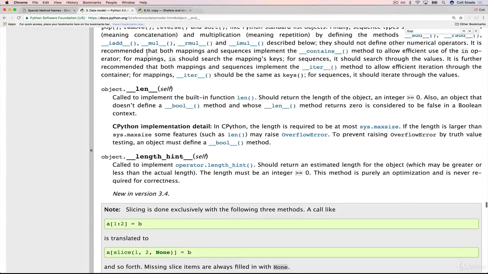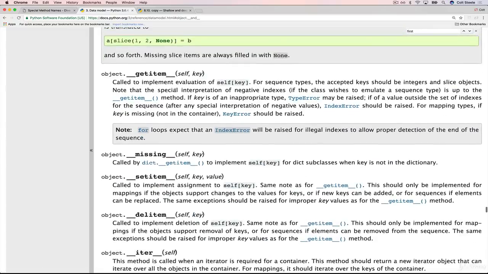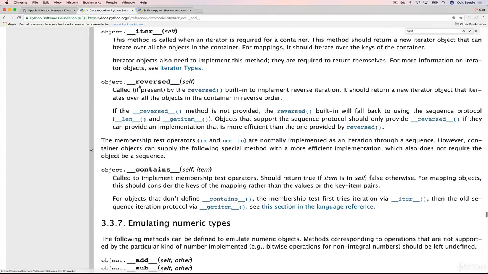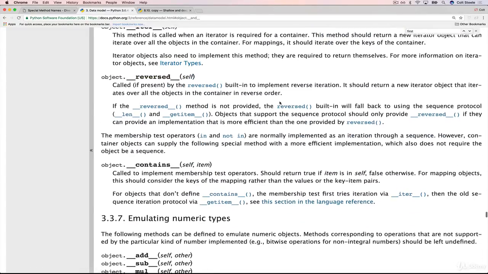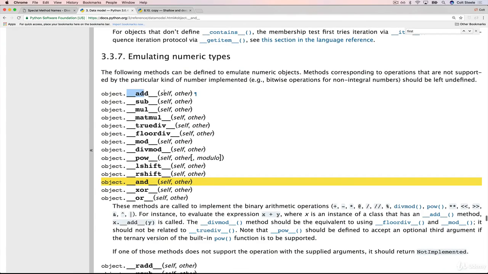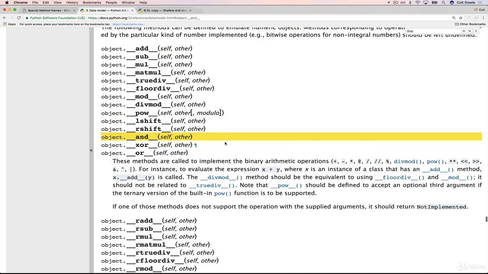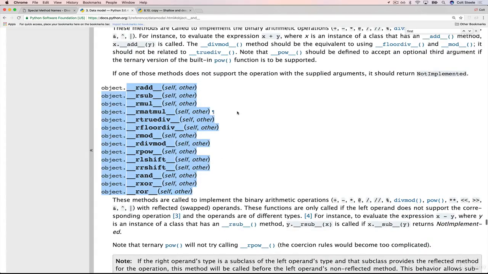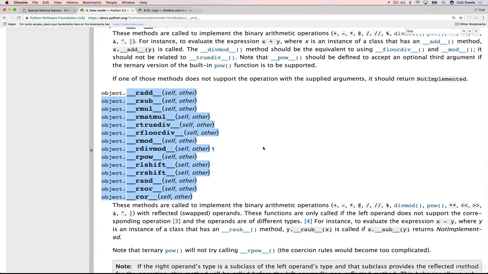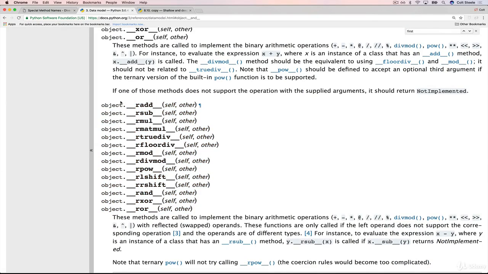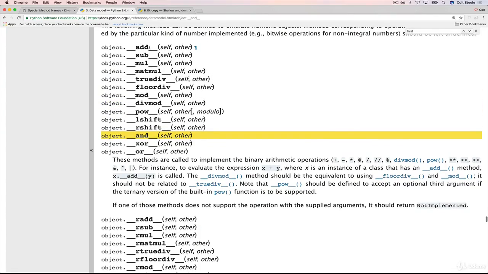Anyway, there's other things like len that we've seen. There's, keep going down here, reversed to return the reversed version of an iterator. Then here's the math ones. Add, sub, mul, let's see, truediv, pow. Basically, we can define how all of these should work. And these are used behind the scenes, of course. So we're not really doing anything new. We're just adding these methods to whatever classes we define. So let's do that now. Let's start with add and len and some of the basics.